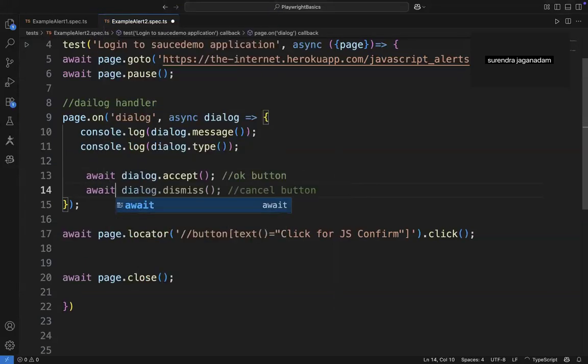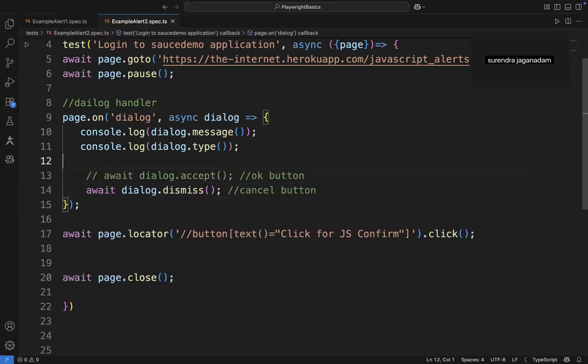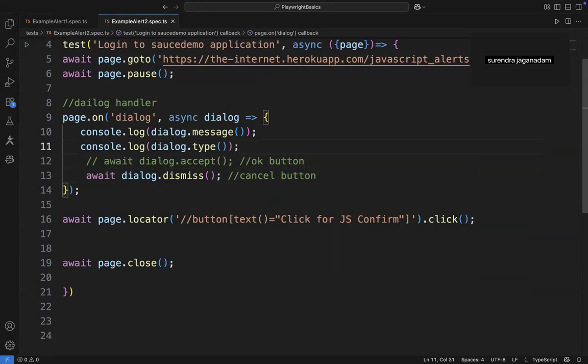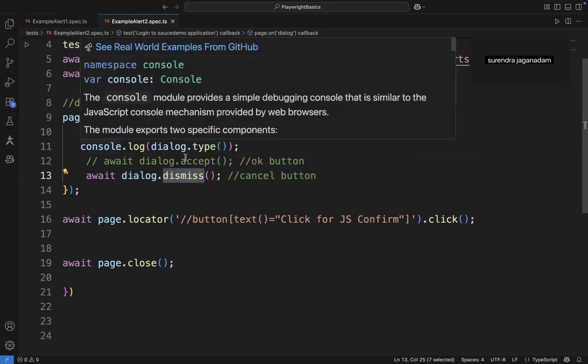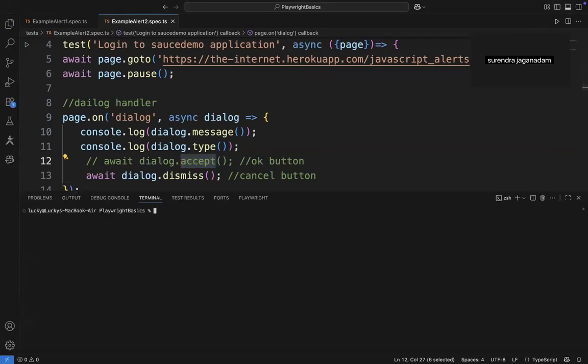So basically, if at all you want to click on a cancel, you will be using this particular dismiss. Whenever you use a dismiss, it will be clicking on a cancel operation. Whenever you are using an accept, it will be clicking on an OK operation. Okay, perfectly all right. Let me try to run this particular program and check whether it is handling